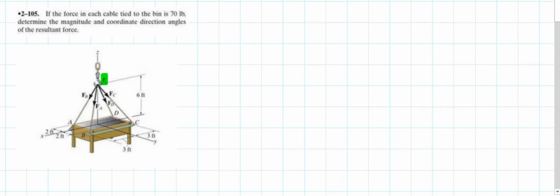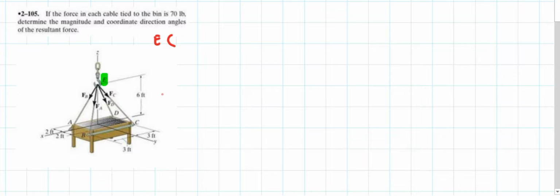This is basically our point E, this one is point D, this one is point C, this one is point B, and the last one is nothing but point A. So our first step is to write down the locations of every single point present in our diagram. So let's talk about point E first.